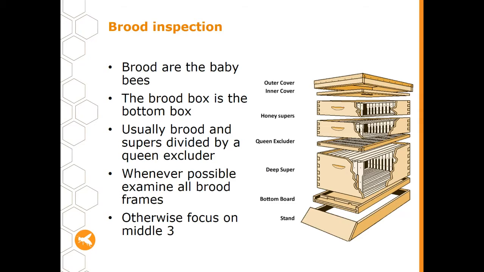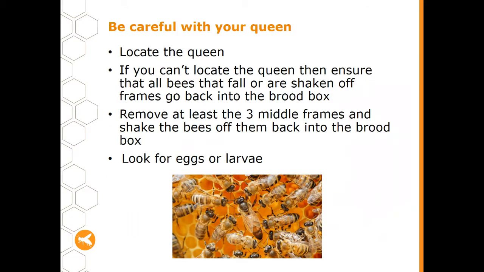Once you've got the lid off and the supers off and the queen excluder off, and you've given your bees a bit of a puff of smoke to calm them down, one of the first things you want to do is to locate your queen. If you can't locate your queen, that's okay. We can still do a brood examination, but it does help if you can put her aside in a queen cage or take the frame and put it somewhere safe with the queen on it until you complete your brood examination. If you're not very good at finding the queen, which I definitely was not when I started as a beekeeper,